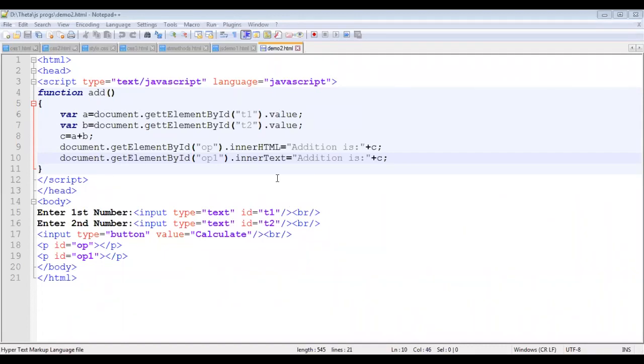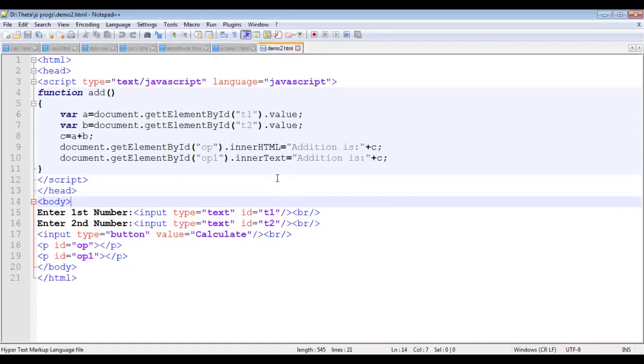Okay, so we were at this example. To start with, here I have taken two text boxes and one button as calculate. After that, within the head tag, I have created one script, and inside the script I have created a function as add. Within that function, we have declared two variables a and b, in which we store the data of the text boxes.